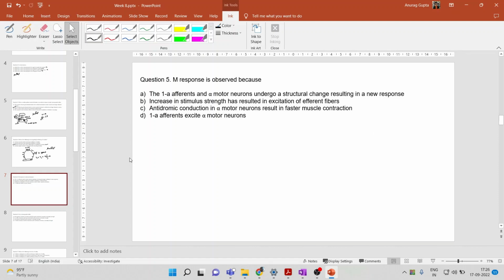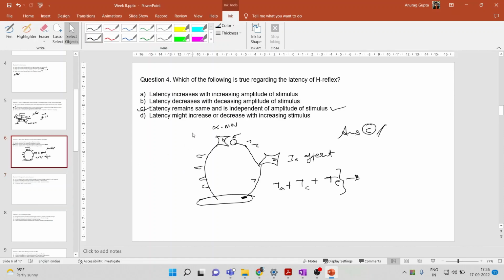Okay, let us look at the situation here. So again, it's the same. Can I copy this somehow? Okay, so I'll just explain from this figure itself. So what happens is for the M response, as the amplitude of stimulus keeps increasing,